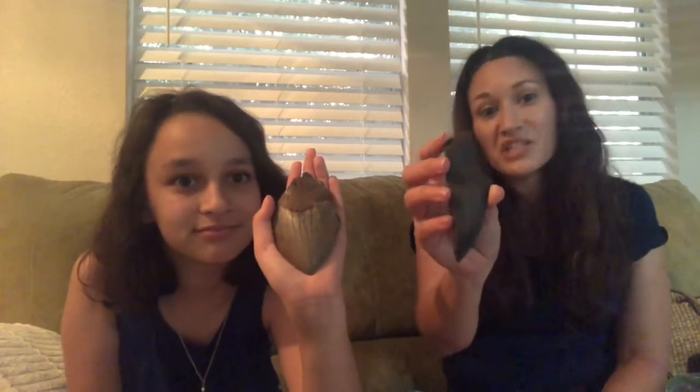Okay. And so, yeah, he found these in North Carolina in the 1970s. Look how big this one is. It's like the palm of my hand. And again, these are actually the ones that he did not want. He actually has a very nice prehistoric shark teeth collection in the